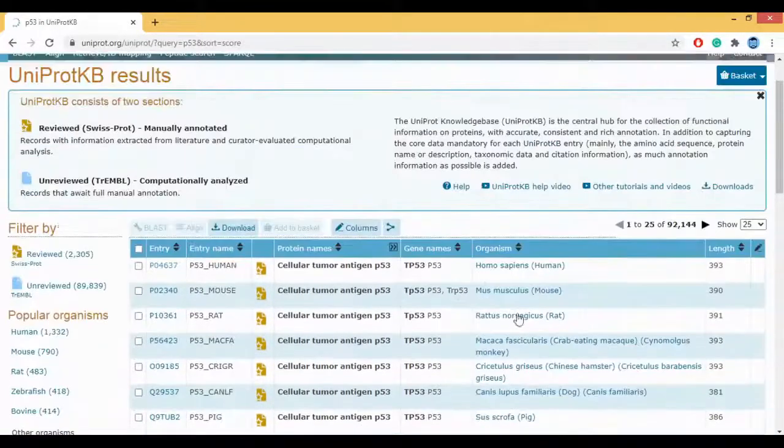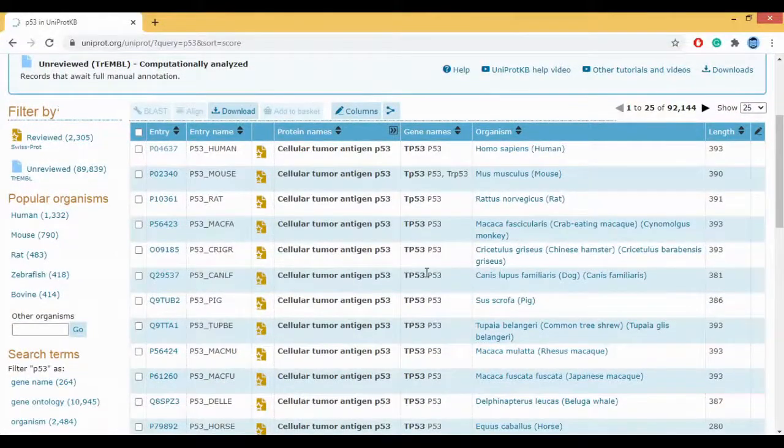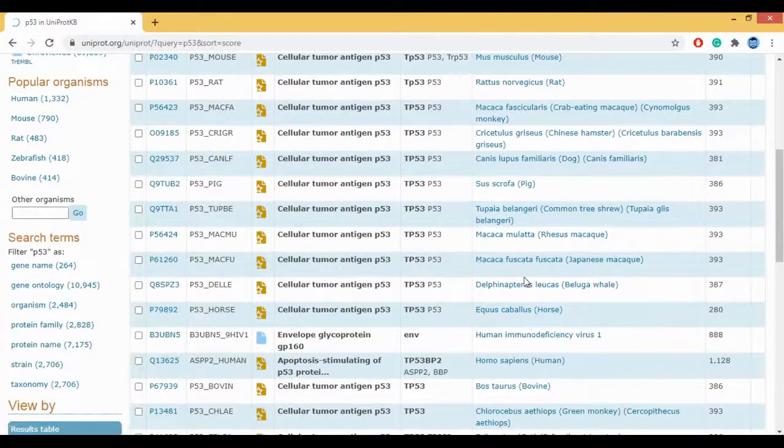So if you look at the hits, the first ever hit is about P53 underscore human, because the organism here is Homo sapiens. The sequence length is 393. So you have for mouse, you have for rat, you have for monkey. So depending on whatever your